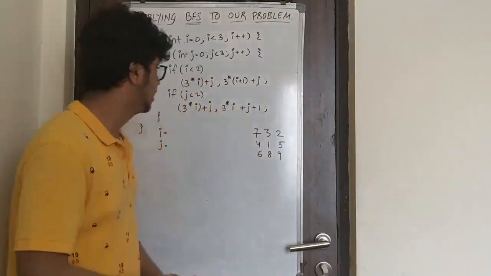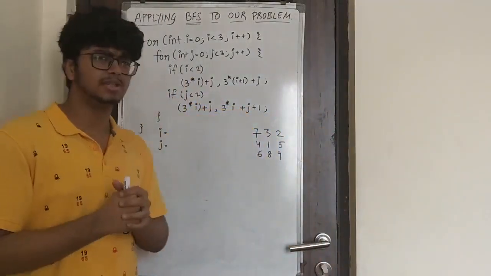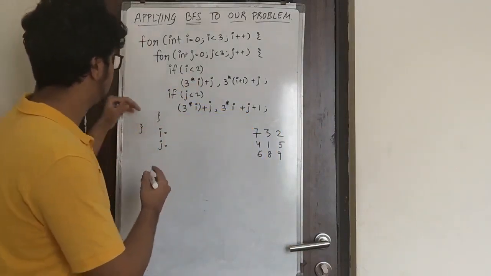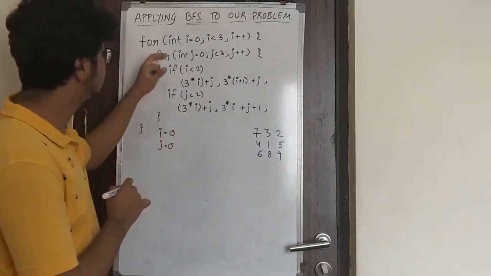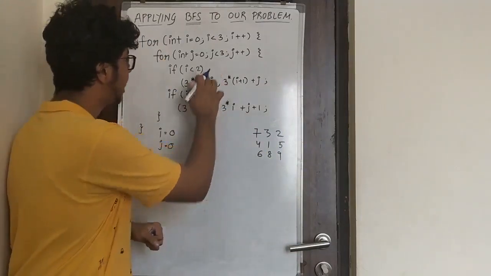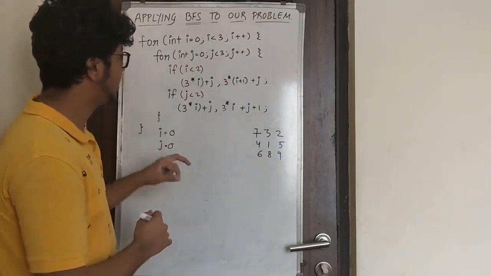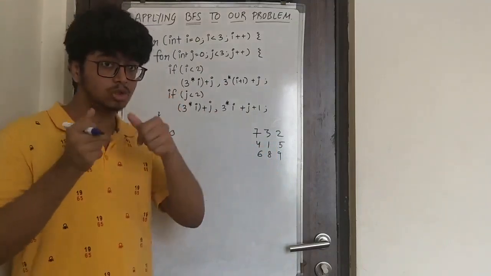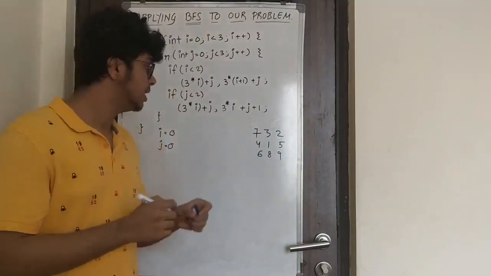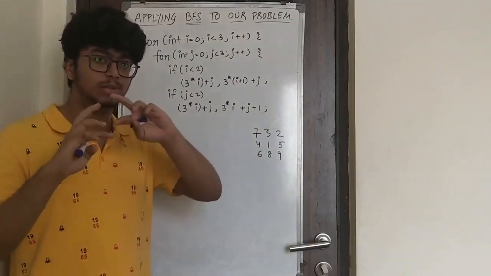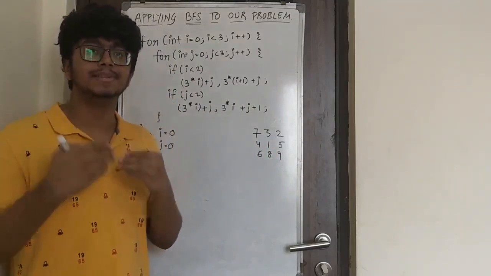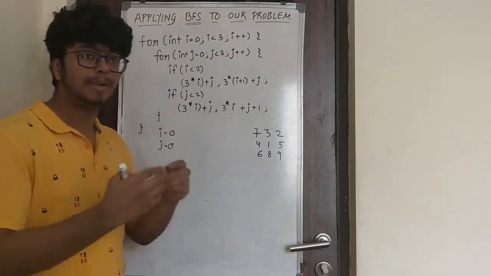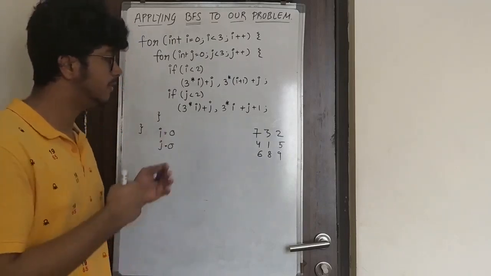Here, if you see, I have this code. Let's analyze this code for clarity. So let's start. My code control flows like this. Both i and j values will be 0. And when I start over here, this will essentially give me the indices of the elements such that those two elements can be swapped. Again, I am repeating, it will give me the indices of elements which can be swapped, which means that the elements are adjacent to each other. The elements share a common edge. So this is the practical application of BFS in our problem which we would be using.